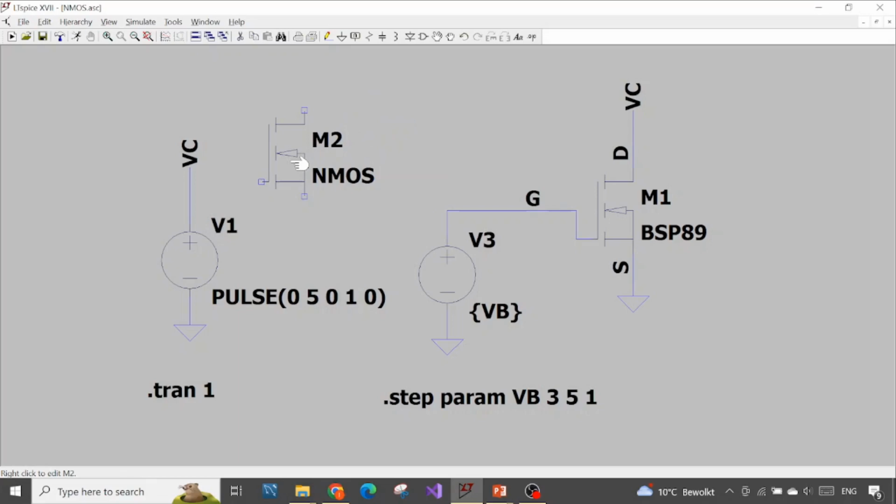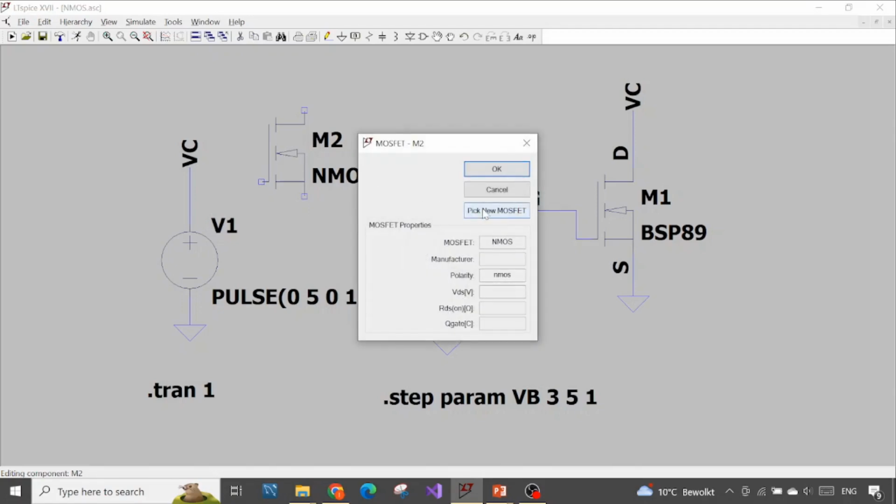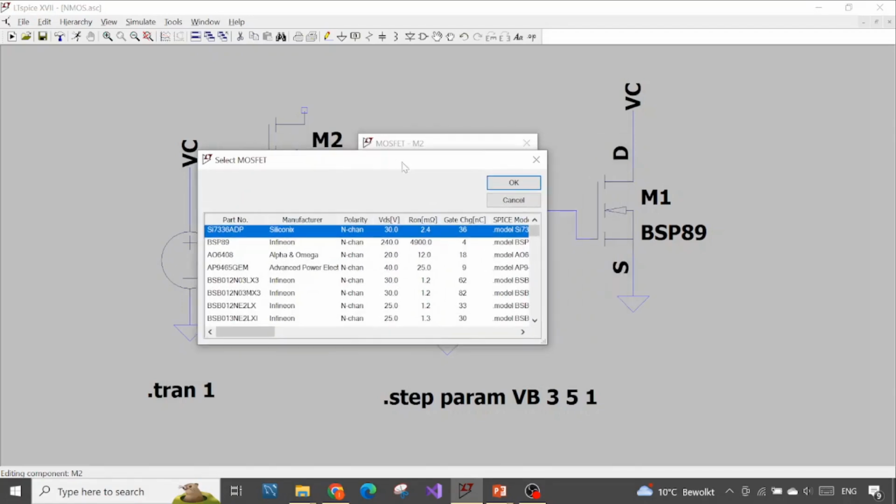But it's only a symbol. It doesn't have any content, no characteristic for the simulation. In order to specify what kind of NMOSFET you want to use, move your mouse to the symbol of the device and then right click, pick new MOSFET, and as you could see, I picked